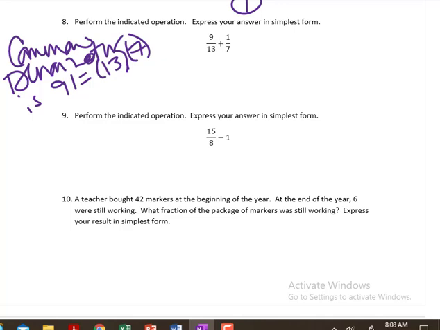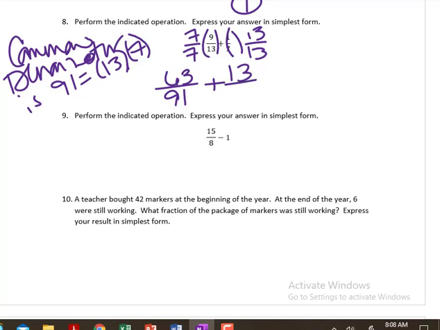So I'm going to multiply the top and bottom of the left fraction by 7, and the top and bottom of 1/7 by 13, which gives me 63 over 91 plus 13 over 91,